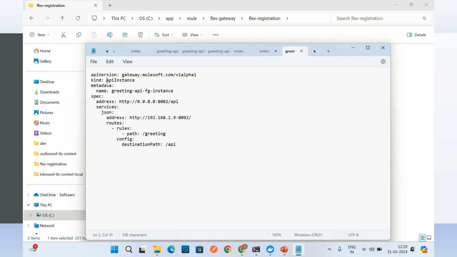Type is API instance, kind is API instance, and this is the name of API instance, greeting API Flex Gateway instance. And here I am providing the Flex Gateway path. So this is the port 8082, and this is the base path. And here I am providing the mapping. Let me change the name here as well. So here I will say greeting API, and this is the address where I am accessing the API,